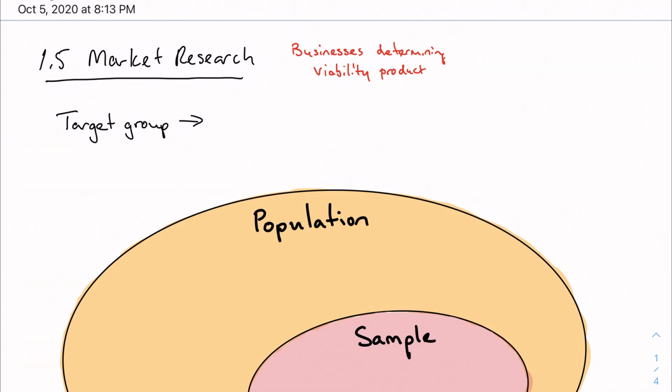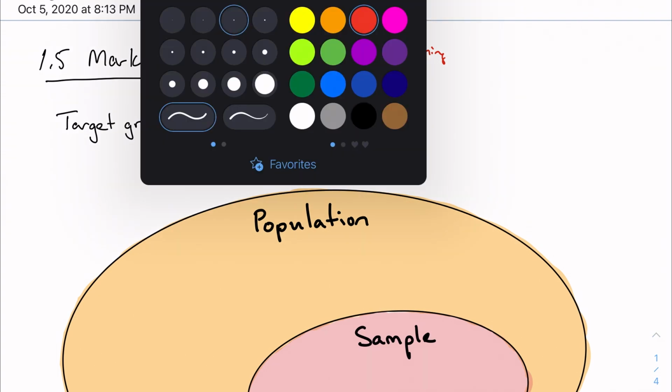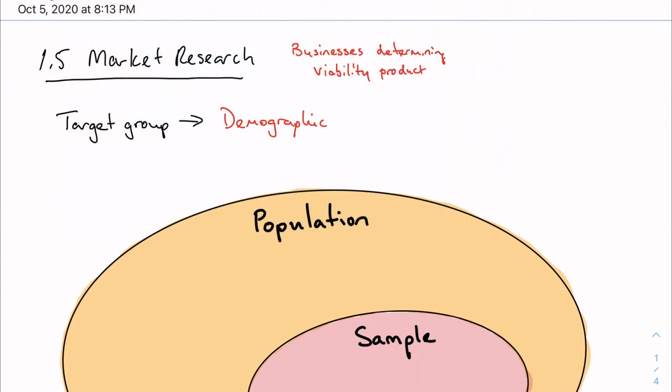And when they're conducting this research, we usually focus on some sort of a target group, right? I'm not going to survey just everybody on the planet. I'm going to focus on a specific group that I'm marketing this product to. And usually that's called a demographic. Right, and we've seen this word demographic just kind of around in life, right?